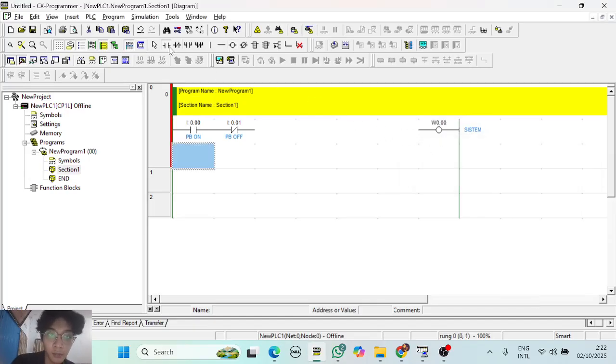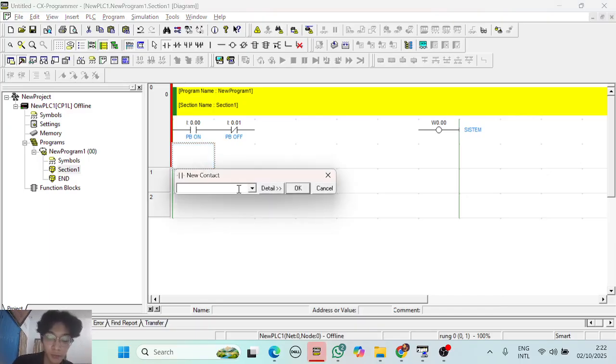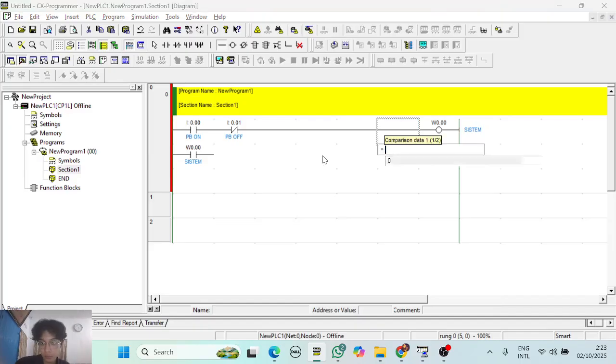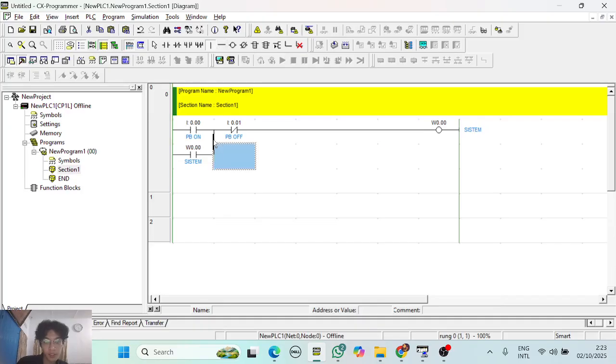Okay, last of the first rung, we can add a status of the output system. Okay, we can connect the circuit with this.